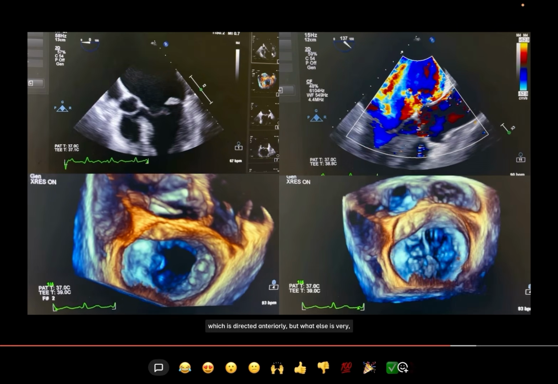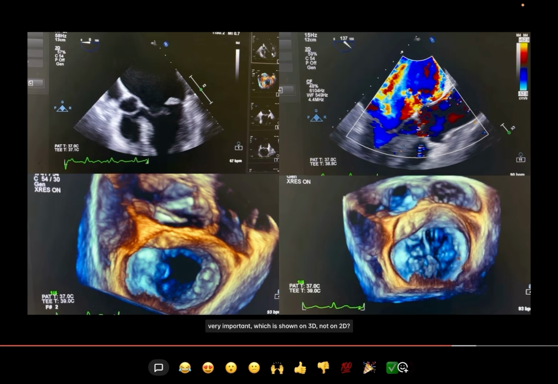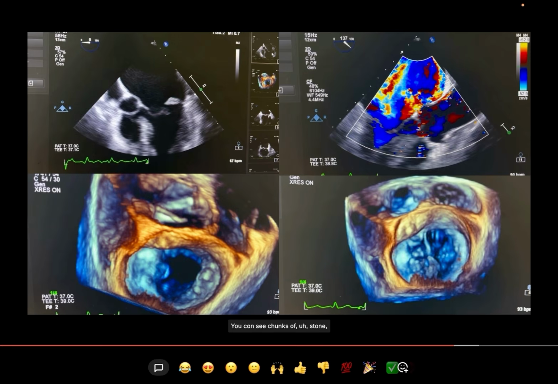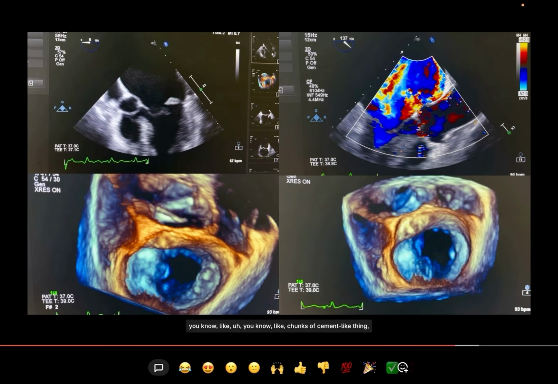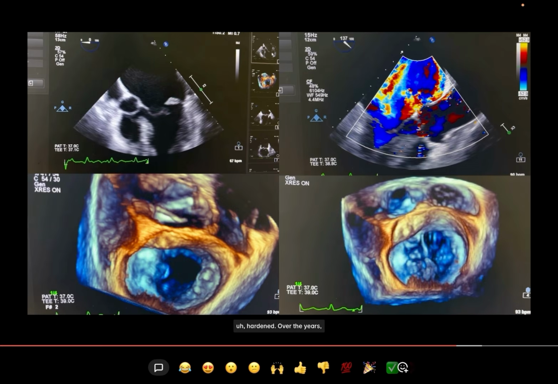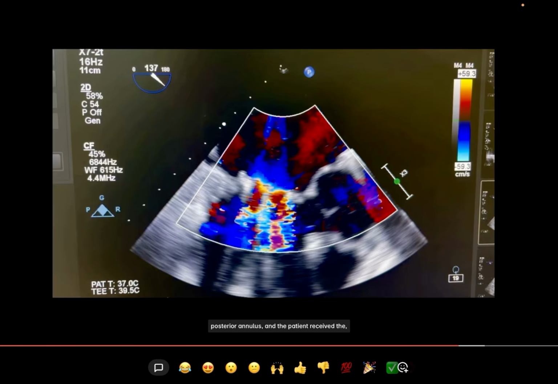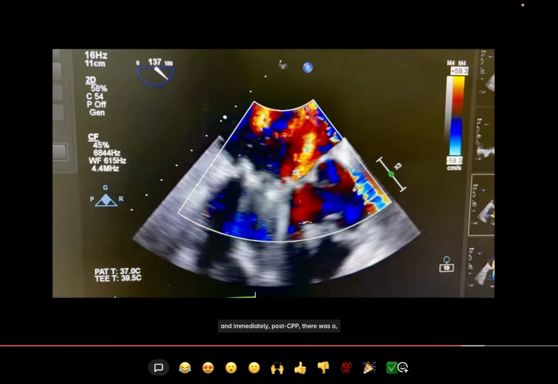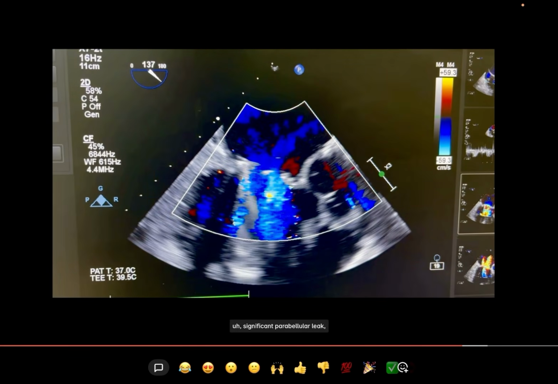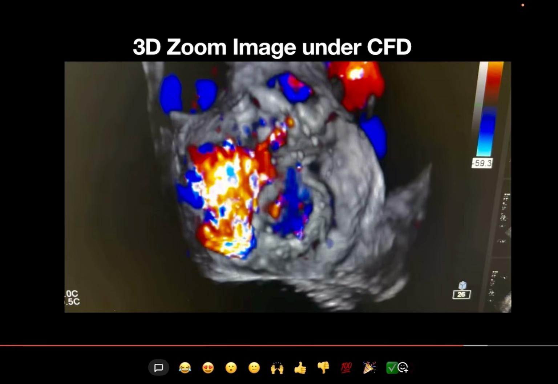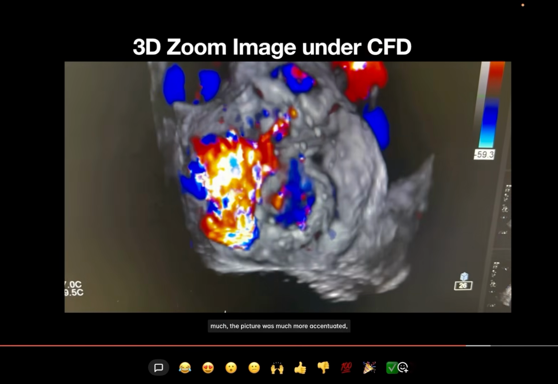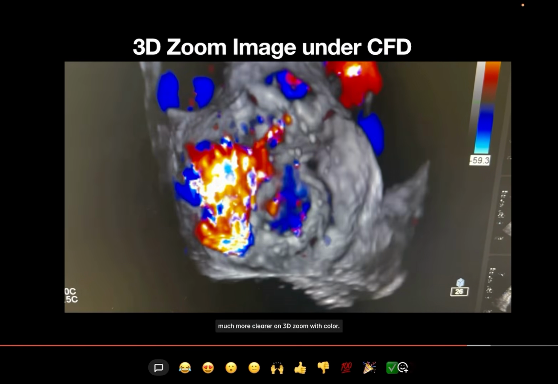But what else is very important, which is shown on 3D, not on 2D? There's a severe annular calcification. You can see chunks of stone, cement-like material, hardened over the years in the posterior annulus. The patient received a bileaflet mechanical valve, and immediately post CPB there was a significant paravalvular leak, and the 3D zoom image showed it much more clearly